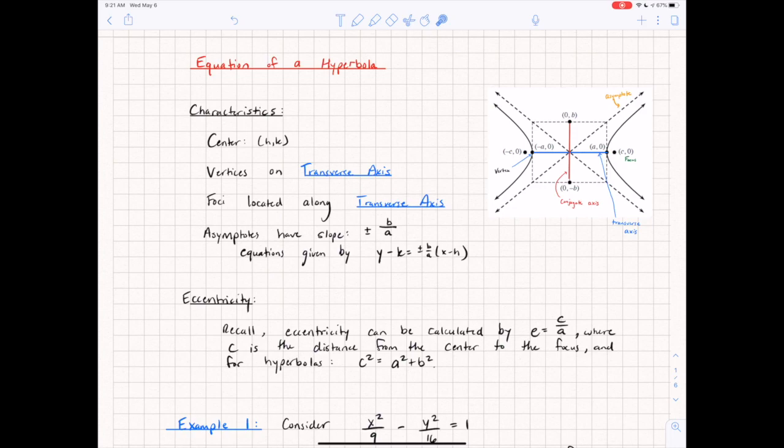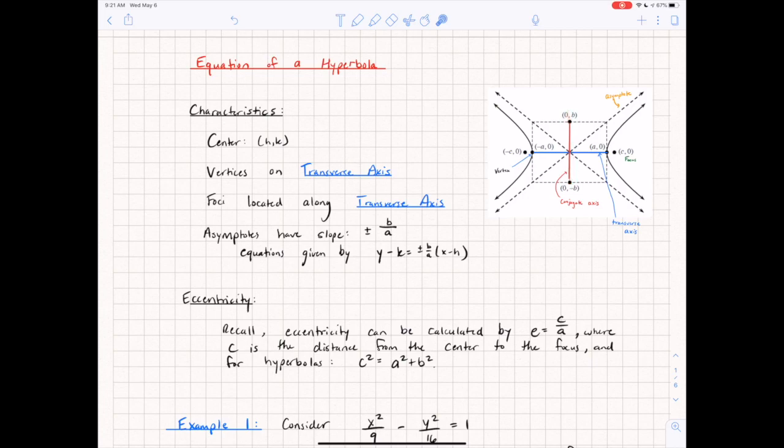When I was referring to how the hyperbolas were opening to the left and right along that horizontal line, that line is referred to as the transverse axis. So that's what it's actually formally called. And you'll see that here as this blue line for this graph that's opening to the left and right. If my graph is opening up and down, the transverse axis is vertical,